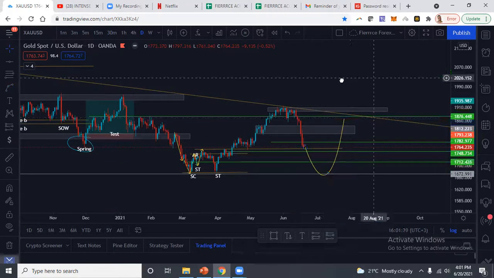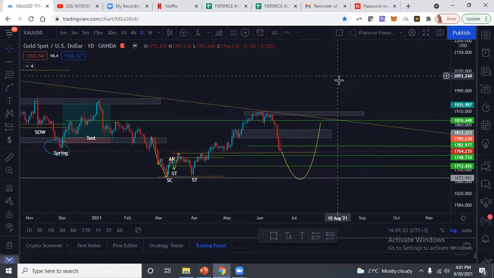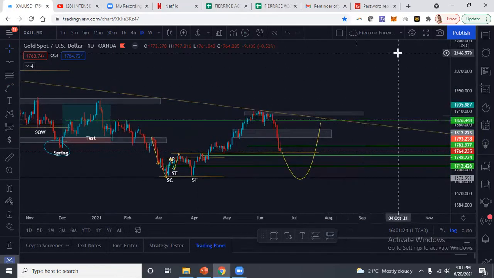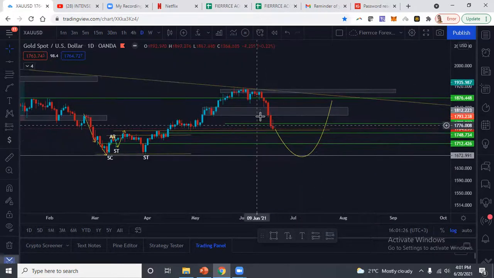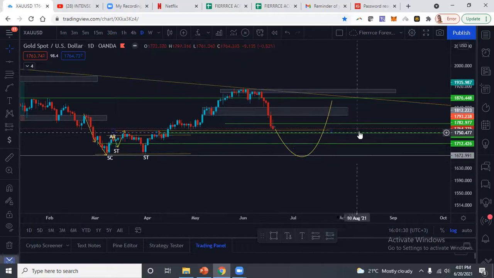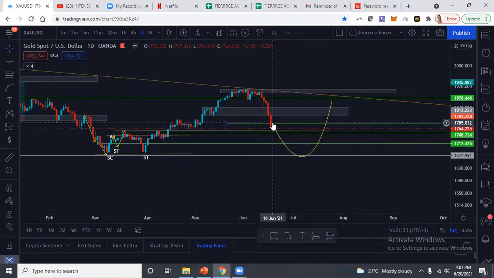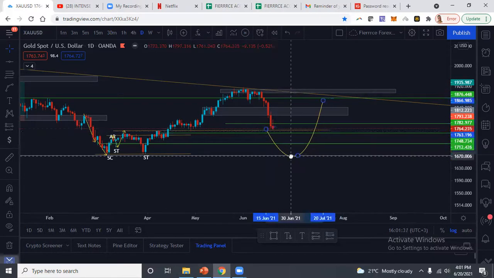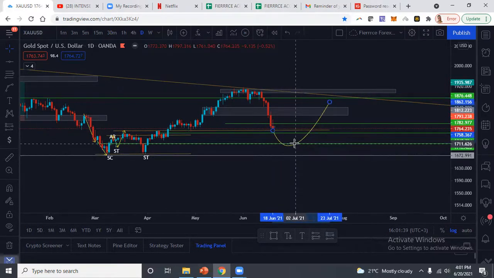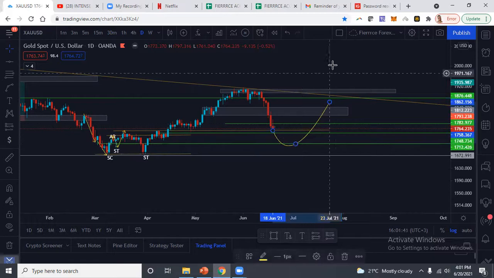So this is what we may see. And there may be a break of structure here and then a continuation to the upside. So these candles are pretty bearish. We are on a key level of structure here. I feel like we may, at least if not to this level down here, we may at least break to this level up here before we continue to the upside, and just try and retest these levels.